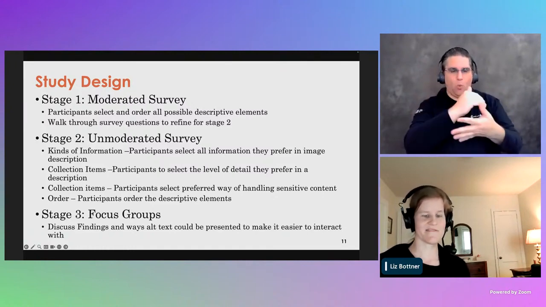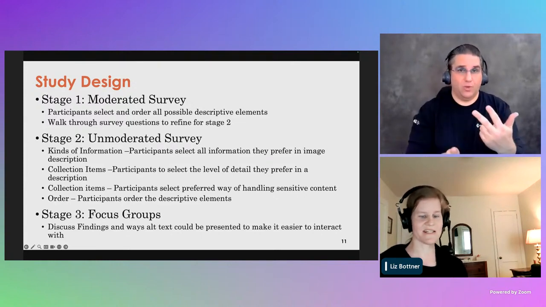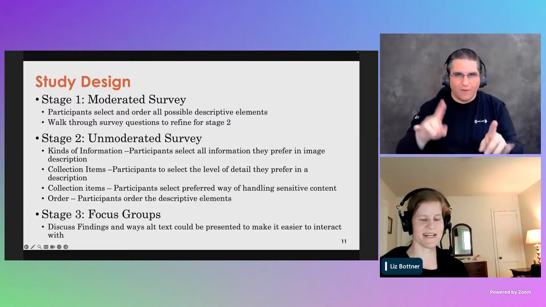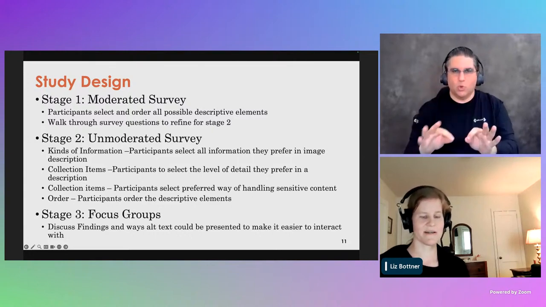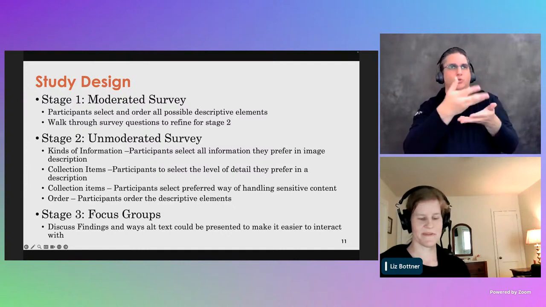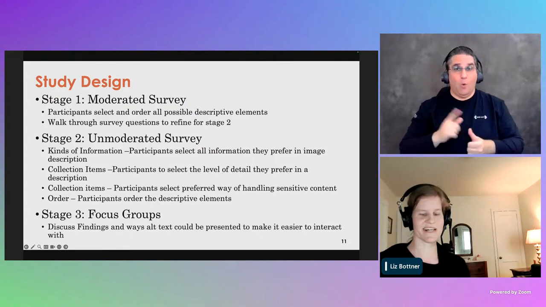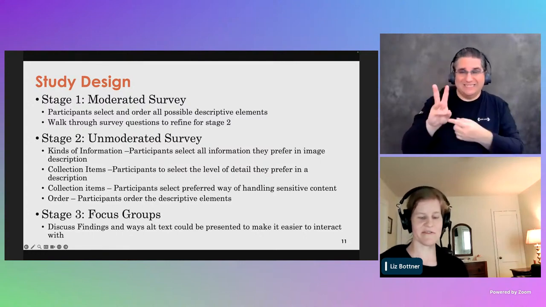Stage number 3 is focus groups of our research. We will discuss findings and ways that alt text can be presented to make it easier to interact with the images. We have completed our first stage of the research. We conducted 6 in-depth interviews